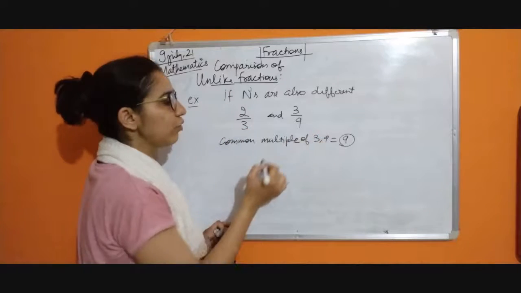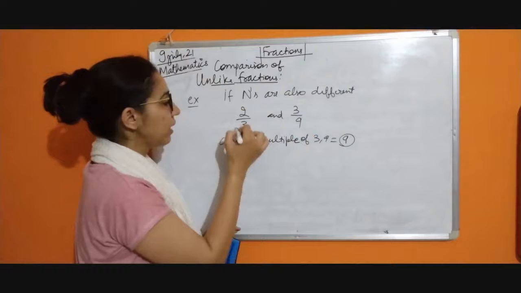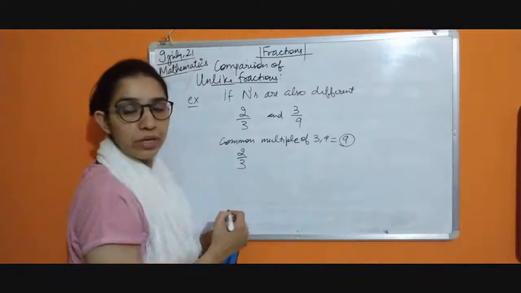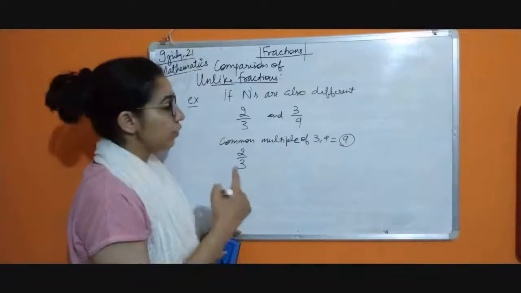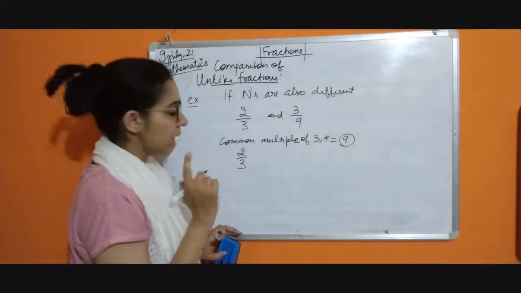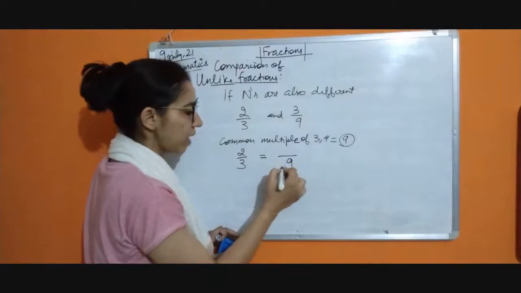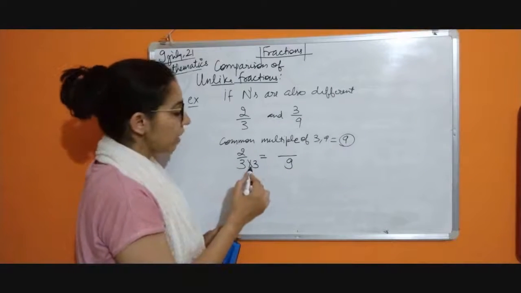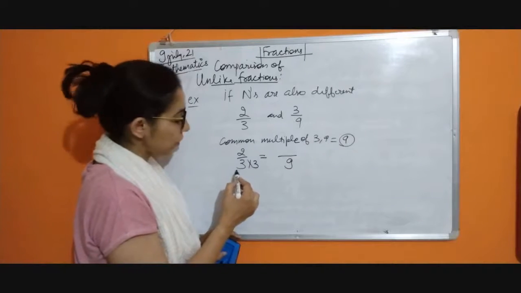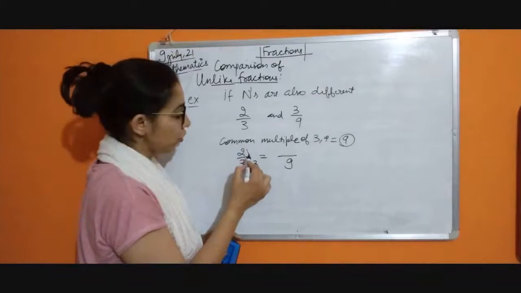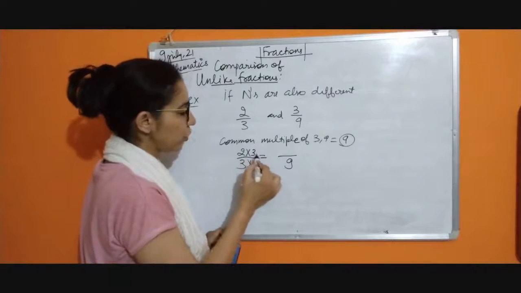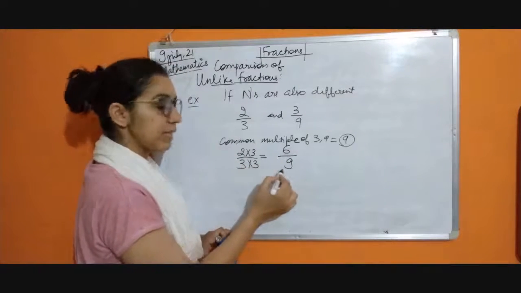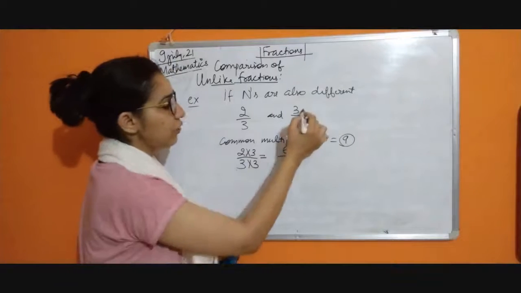So here it is 9, so no need for amendment, but here it is 2 by 3. So I will try to change 2 by 3 into an equivalent fraction with denominator 9. This we discussed in our last class. I want the denominator 9. It means I have to multiply by which number? 3 3s are 9. Okay, and we can't just multiply the denominator by 3. We have to multiply the numerator also. So we will get 2 into 3, 6 by 9. So the equivalent fraction of 2 by 3 is now 6 by 9.